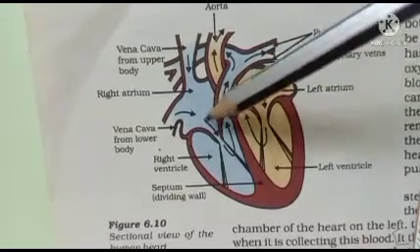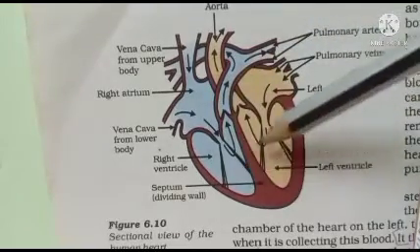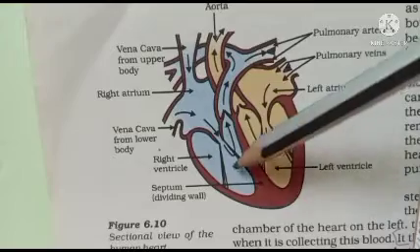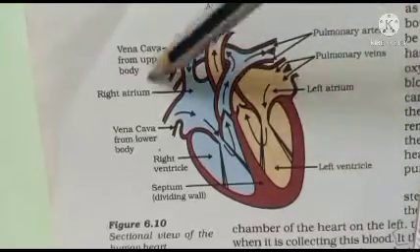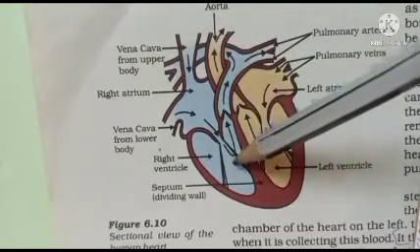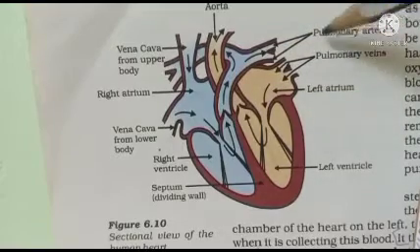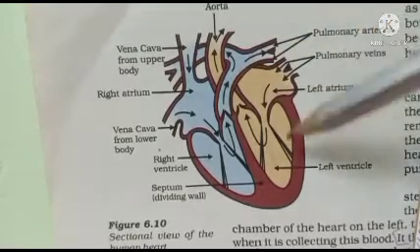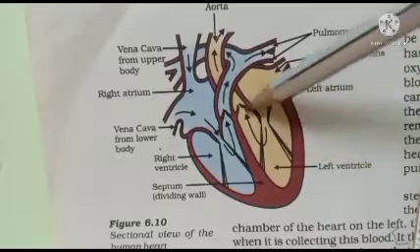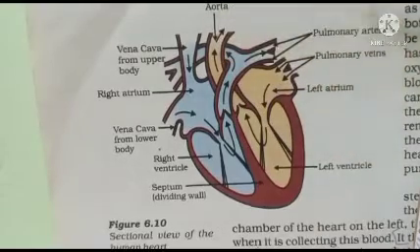Then from there it enters into their respective ventricles, and when the ventricles contract, it will pass through the blood vessel, that is from the right ventricle the deoxygenated blood goes to the lungs for purification through the pulmonary arteries. From the left ventricle, the oxygenated blood will pass through the aorta to all the parts of the